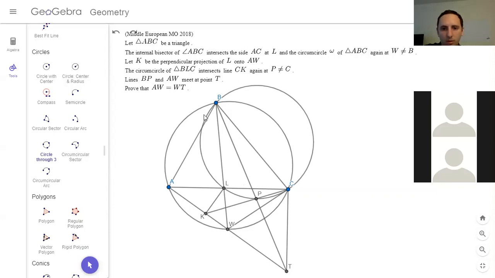BPKA is cyclic. Is that just an angle chase? Because BAW equals BLC equals BPC. BAW is BLC, because this BLC is BPC. So yeah,